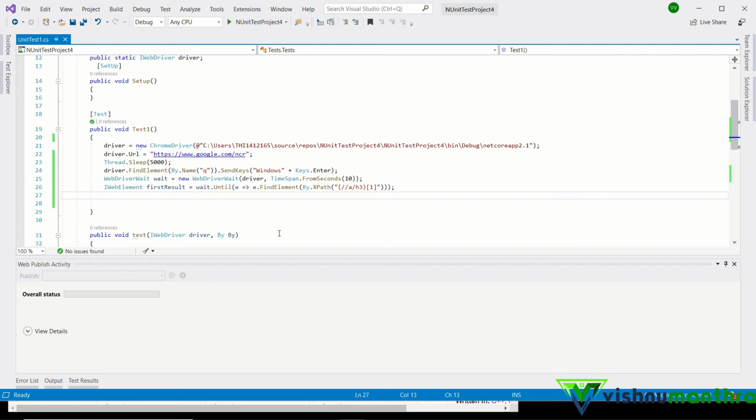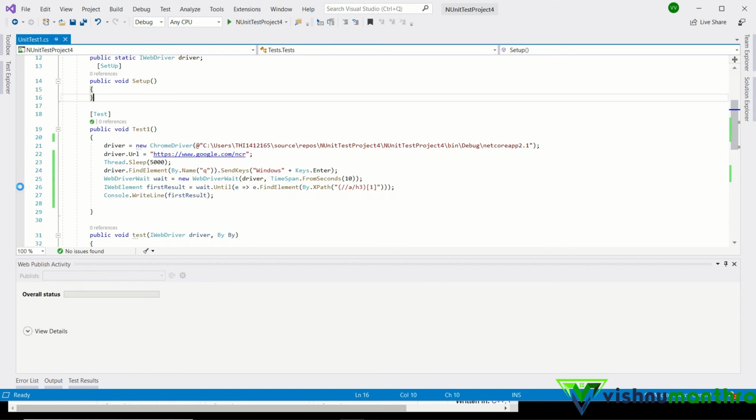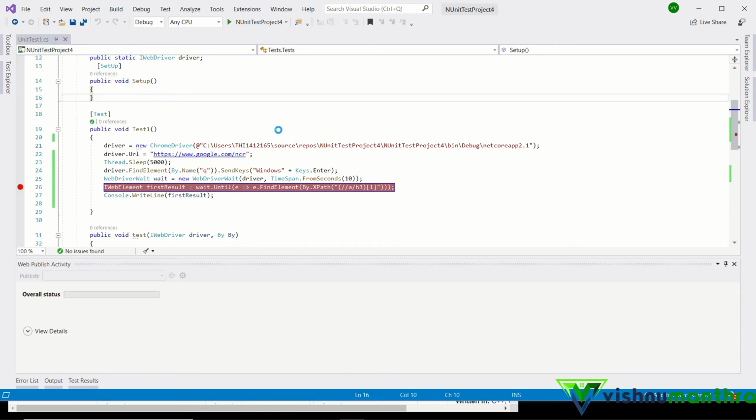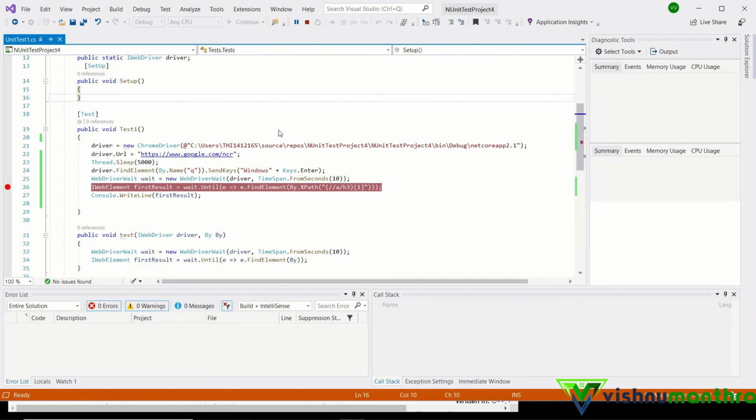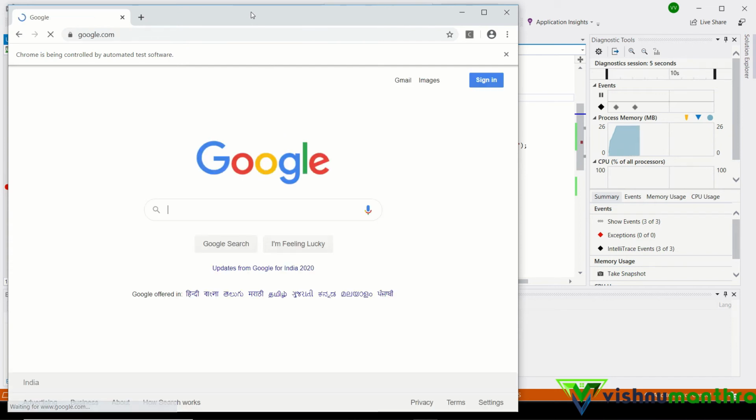Before running the script, I will add one more line and we will try to debug it. I'm going to print this element, whichever appears as the first title after our search. And now I am going to debug it after giving a debug point. So let's see what comes once after debugging this. The debugging is starting now. In our previous session we covered how debugging is done and what the use of it is.